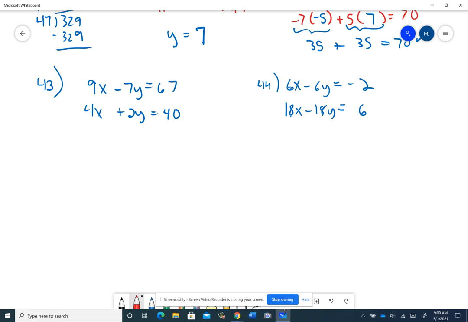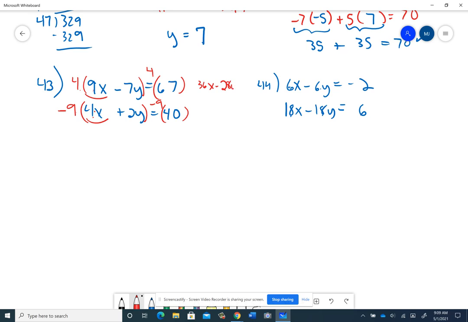X's and Y's are on the same side. I'll probably use elimination for that. If I tried to eliminate this, I could eliminate either the X or the Y pretty easily. If I chose to eliminate the X, I would multiply the top by 4 and the bottom by 9. That would give me 36 in there, and I need one of them negative. So let's do a -9 on the bottom. So multiplied by 4 on top and a -9 all the way through on the bottom. Now I did that because I want to turn these coefficients of X into the same number part, just one positive and one negative. Okay, so this one becomes 36X